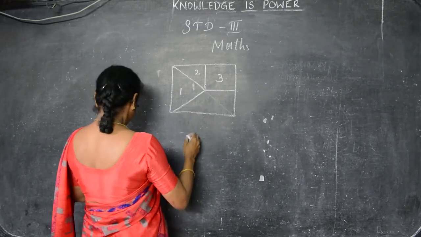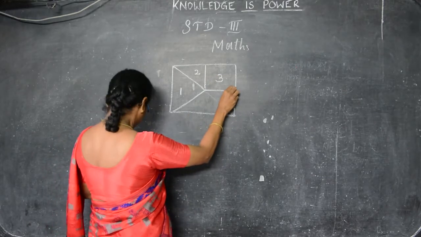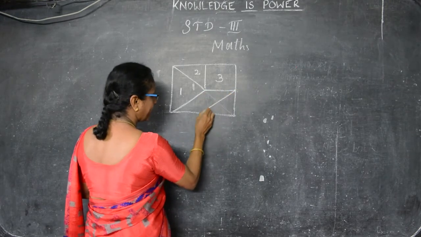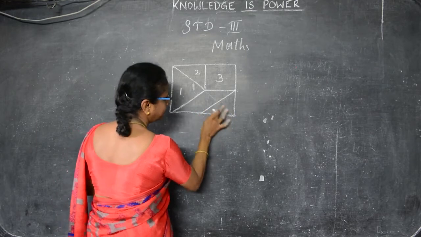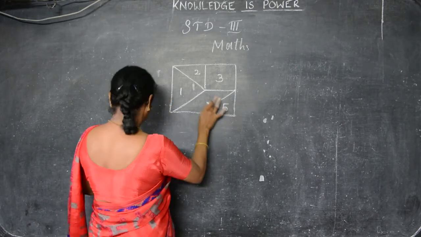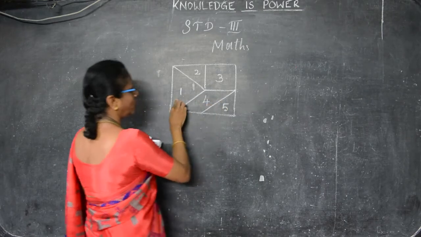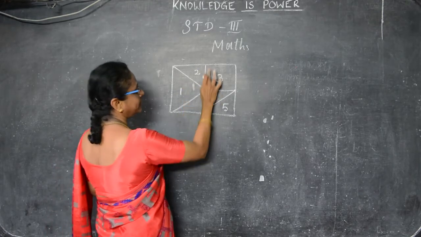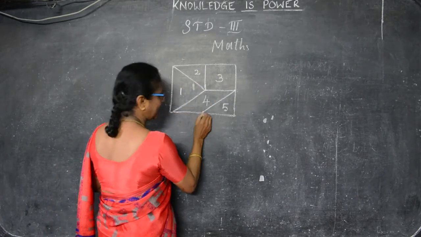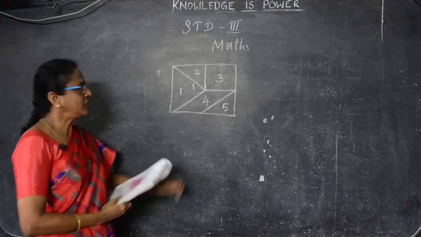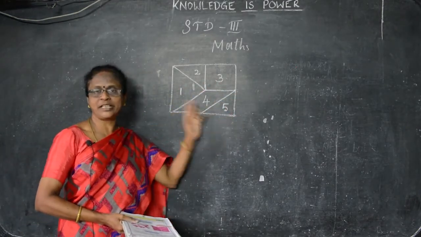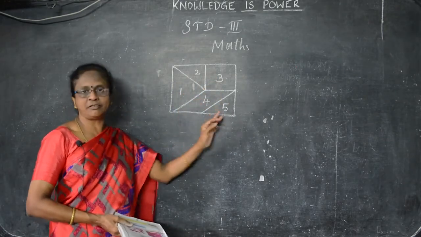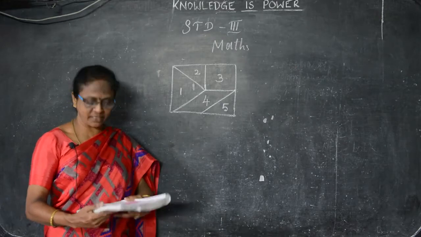And number 4, if you put the line like this, and you rub this line, this will be number 5, and this will be number 4. So you can cut each piece afterwards. One piece, second piece will come like this, third will be the square, fourth is the diamond shape, and fifth will be the triangle. You can cut these shapes separately. Okay, each shape one figure. You can cut it like this, and after that you can make it as a picture. You can make any picture.